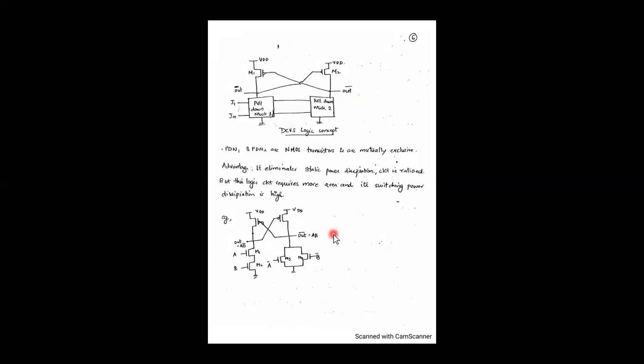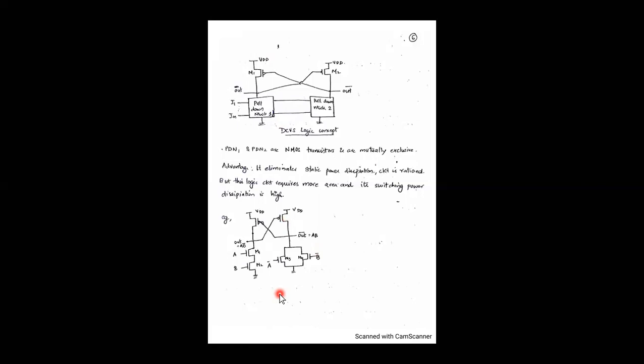Now the advantage is that it eliminates static power dissipation. The circuit is ratioed, but you can see from the design that the circuit requires more area and the switching power dissipation is also very high. So this is an example for